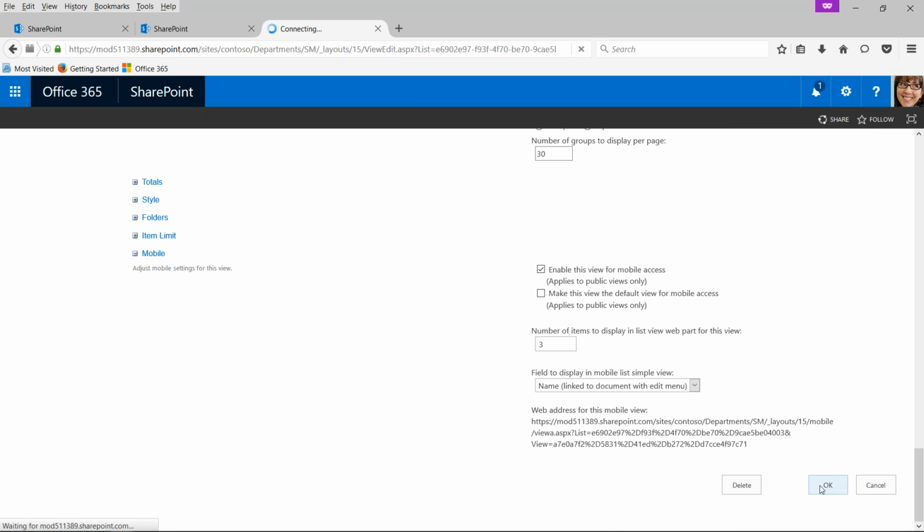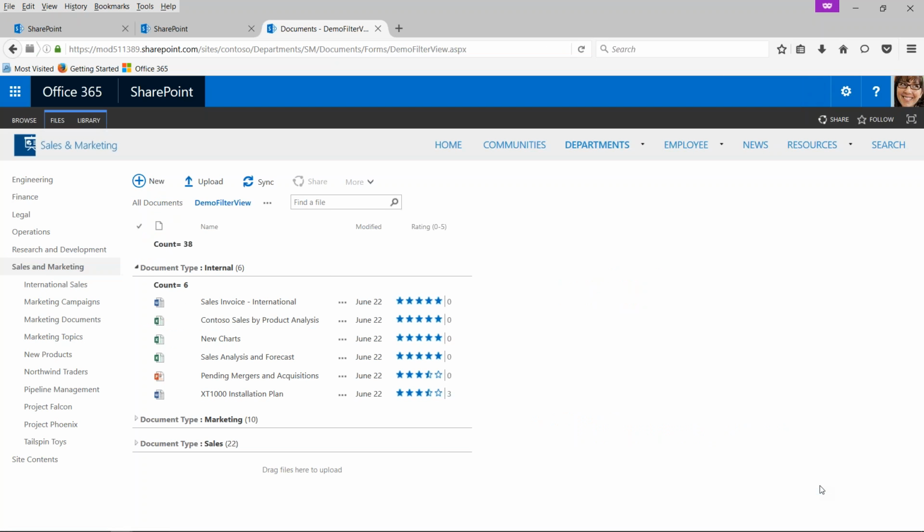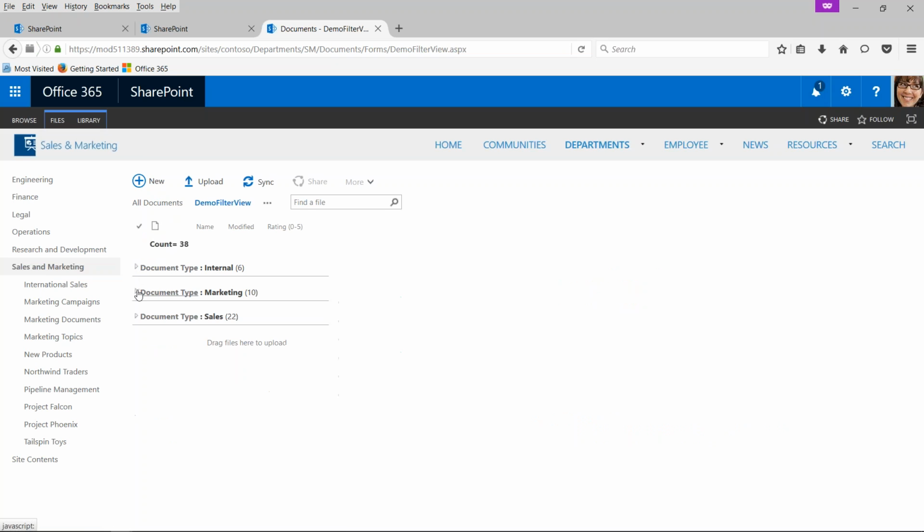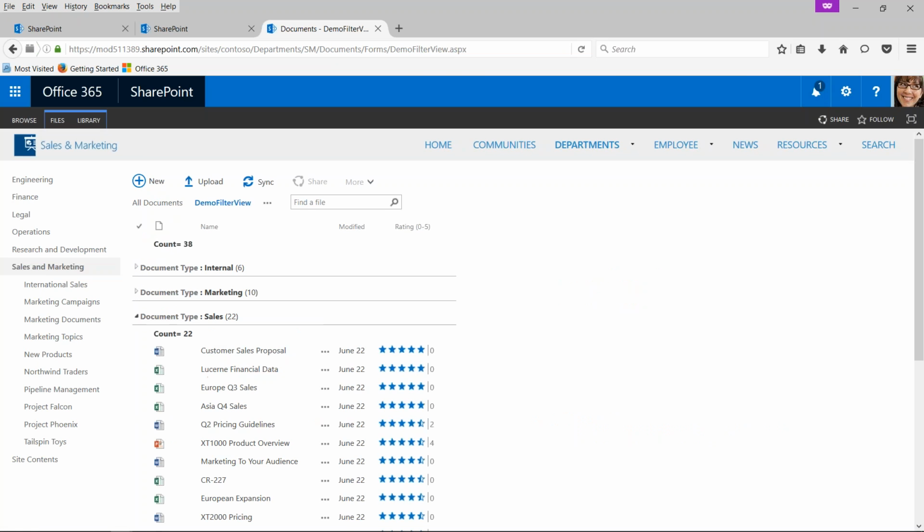And it's really that simple to come in, create your own views, filter them how you want, and then you've got this information on there. So now we can see all of our 38 documents, but we can see them by department. Now this group by can be really any column. You could group them by the date. You could group them by the author. Any of that data that you're gathering, either that SharePoint takes care of for you,